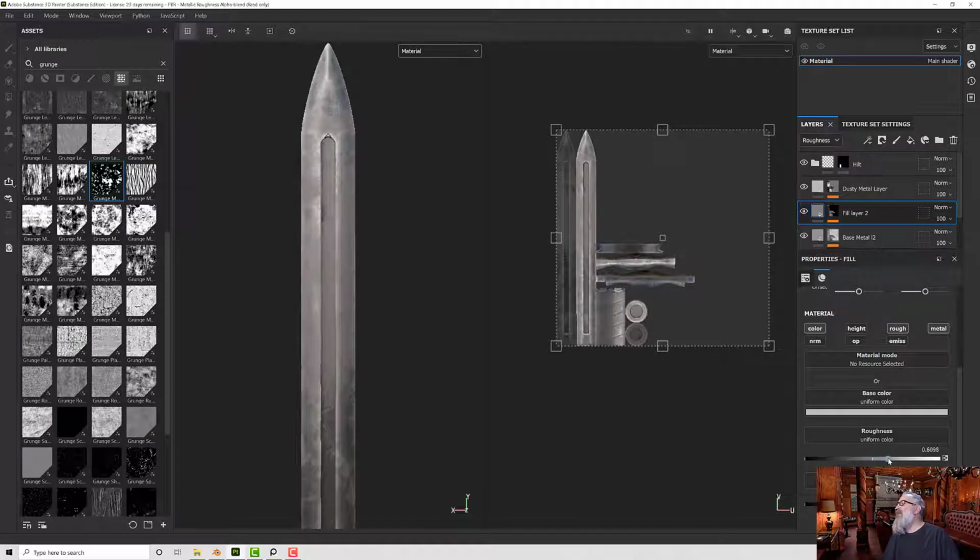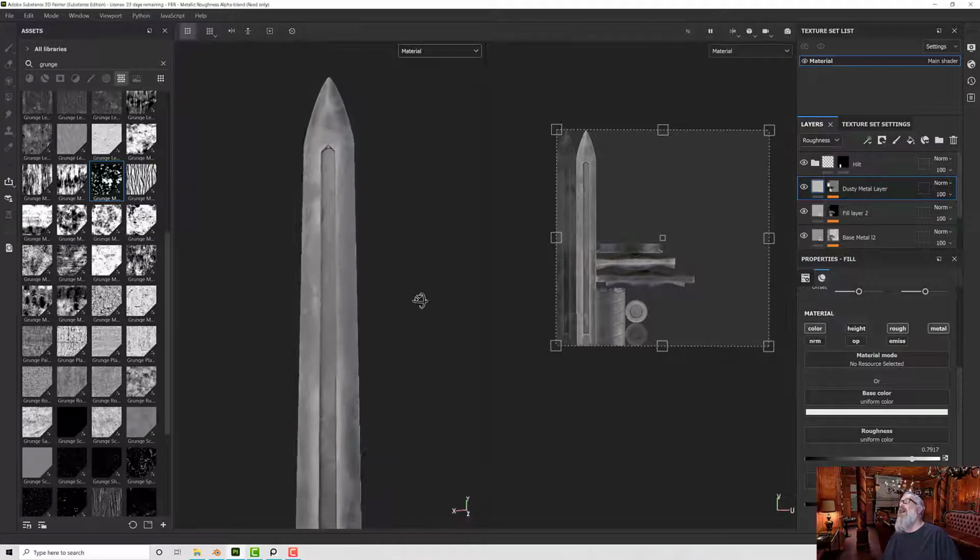Yeah, the colour's probably okay. Roughness a bit, and a bit darker. And then our dusty metal. This one, yeah, I'd already changed that up to white and increased that. There we go. Perhaps not. There we go. So